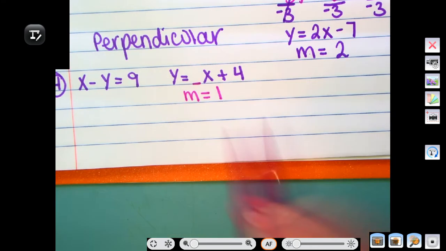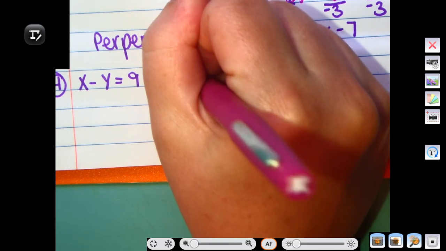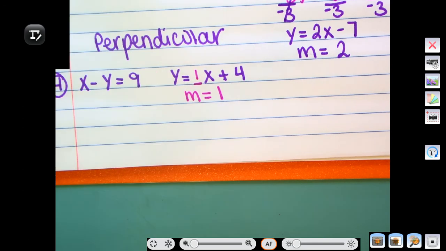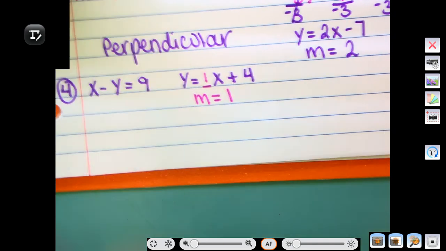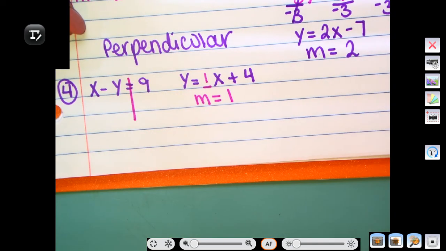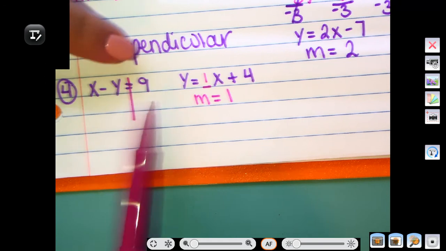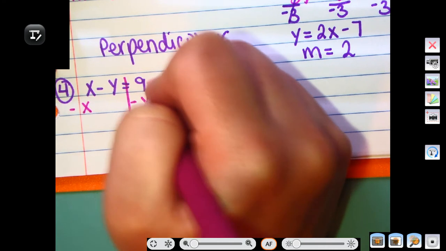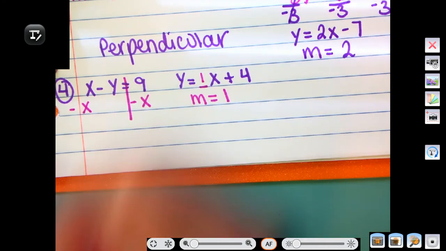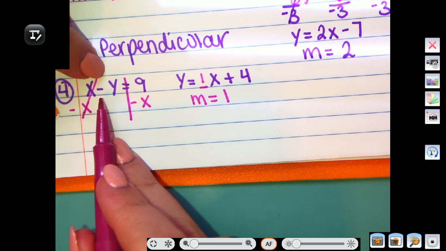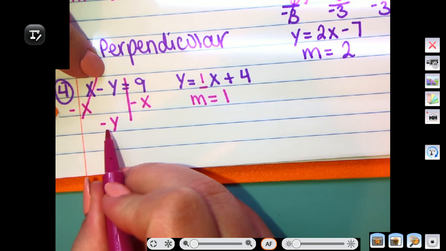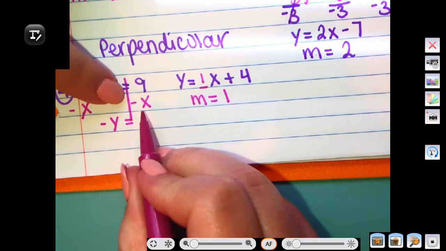M would be 1. So if you don't see a number there, I'm just going to kind of sketch one in. That means there's a 1. It's an understood 1. So your slope is 1. So let's figure out here what our slope is. So we're going to have to get it into slope-intercept form first. So same way I did up here, I'm going to move my x term over to the other side. So when I do that, it's going to become negative x, minus x on both sides. Common mistake, forgetting about this negative sign. You need to keep that with your y. So that's negative y equals negative x